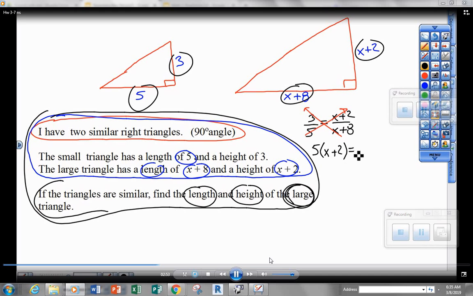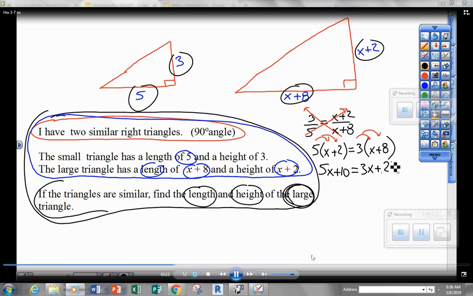The second word is will. So that first part becomes 5 distributed to x plus 2. I put that in parentheses to make sure I multiply 5 by both things there. 3 times this x plus 8. Again, I put that x plus 8 in parentheses so I remember to multiply that 3 by both of those parts. So first thing before I do any inverse operations, distribute. So 5 times x, 5 times 2, 3 times x, 3 times 8 gives me 5x plus 10 equals 3x